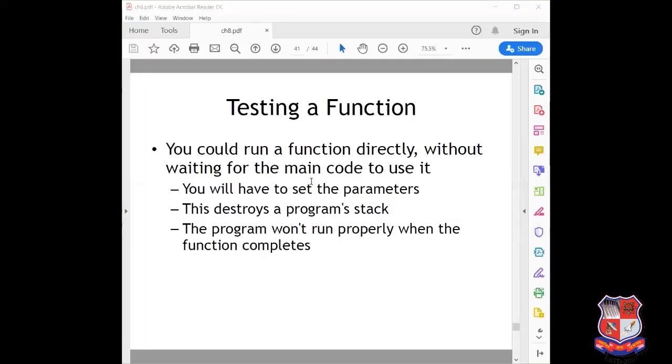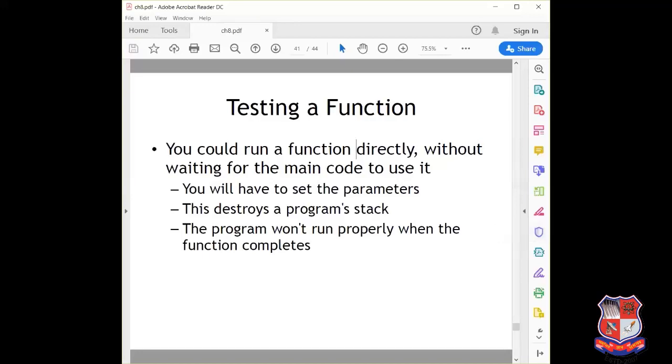About testing of functionality: you can run a function directly without waiting for the main code to use it. You will have to set the parameters, and it destroys the program stack, so the program won't run properly when the functionality is complete.